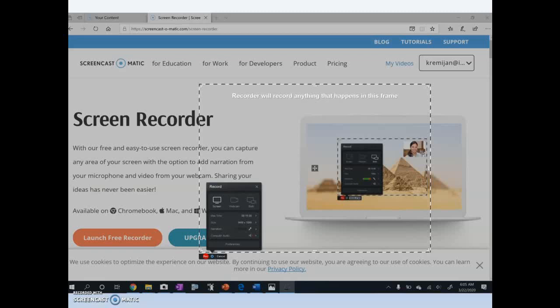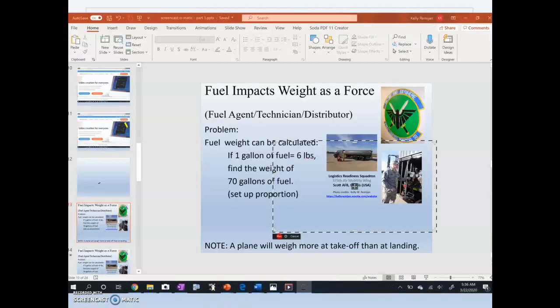Now, we will record our screen. It will also record our voice. So anything we say is being recorded. You want to pull up, if you have a handout that's a Word document, or if you have a PowerPoint, you're going to open up that document. So I'm going to open up a PowerPoint presentation that I have,